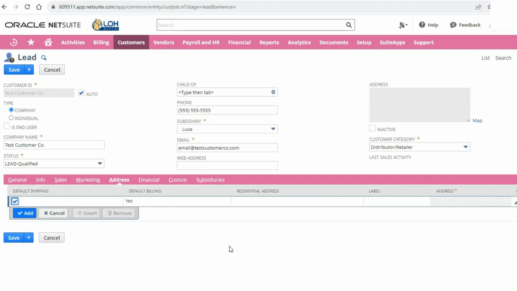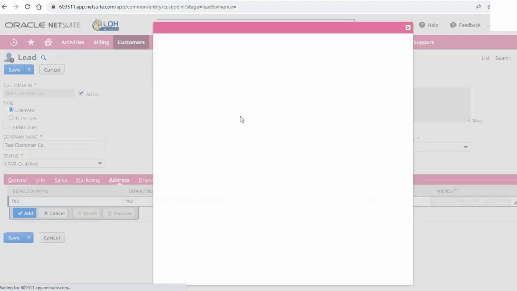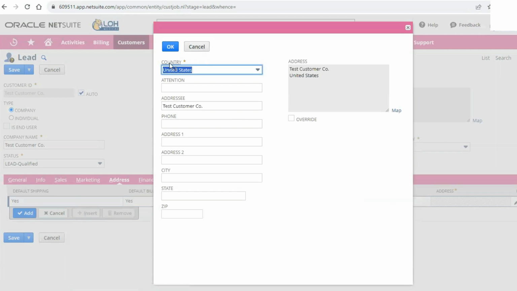Now, the address tab is very, very important because most of our customers are outside of the US, in Latin America, or the Caribbean. Their shipping address and billing addresses will be different, right? So oftentimes their shipping address will be in the United States and their billing address will be in a foreign country.